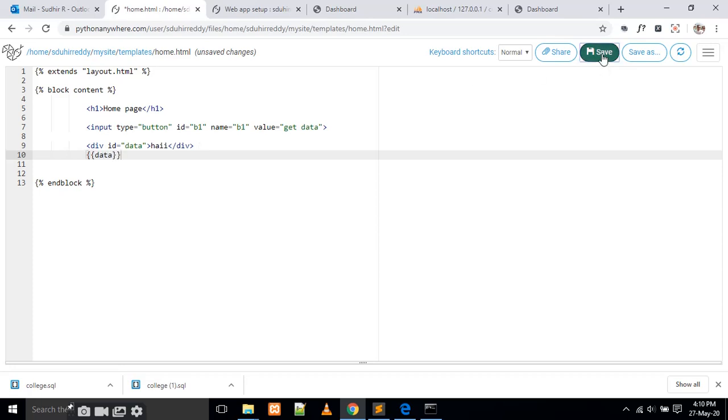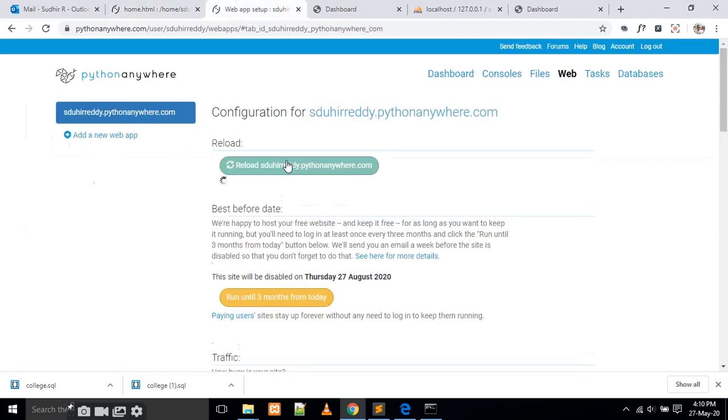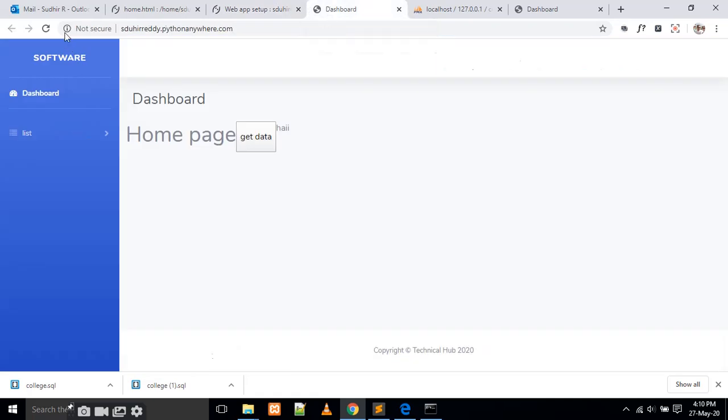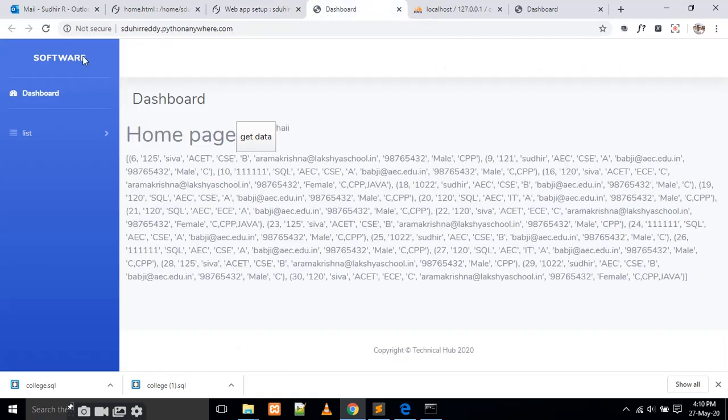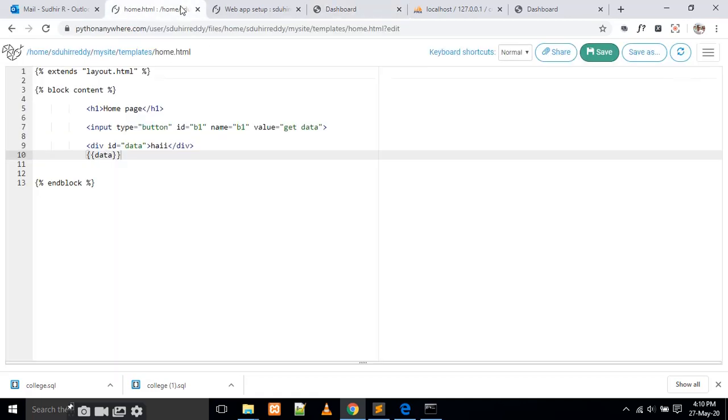That's it. I am going to place this one. Yes, now I am going to reload it. Is the data present in the students table visible? Yes, the data is coming like this. That means that is the total setup of the simple static website into dynamic data, and the remaining connections are all the same. That's it. Thank you very much.